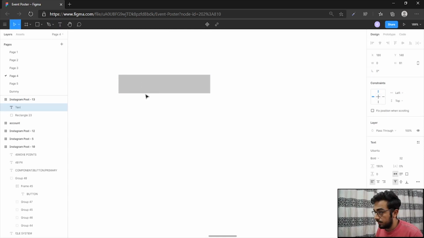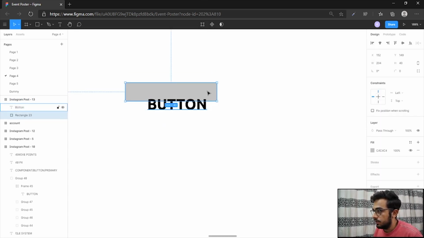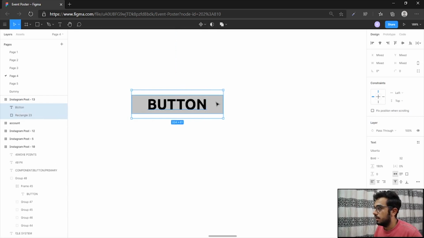So let me type out some text. So what you can also do to align these two is select this text, select this rectangle, and go on to aligning their horizontal centers and aligning their vertical centers.